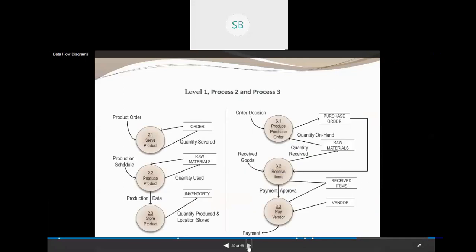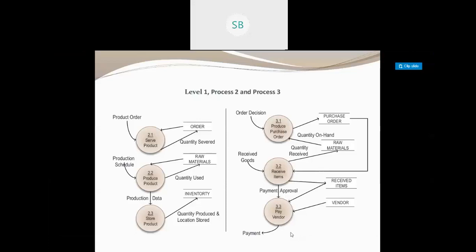Okay, I'll give you some good examples also. This is a bit complicated for the first one. So I'll give you some good examples, maybe a small project. Then we'll go for that in the next class, maybe tomorrow's class, and then we'll have a clear idea. But just be clear with the conventions we are using. Here obviously we are going for the circle one. Okay, data flow is there, then we have the processes represented by circles.